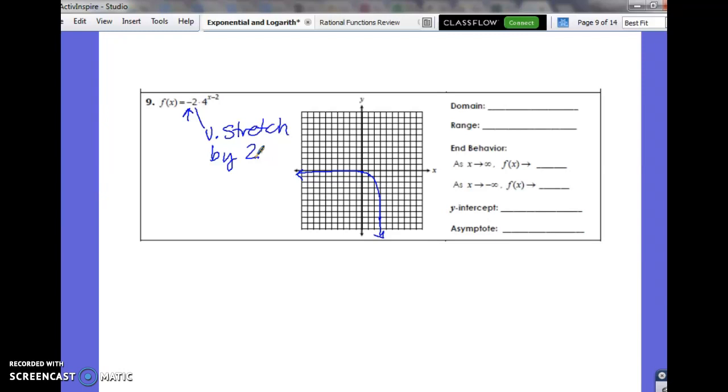Okay? Then the only difference, the y-intercept, the asymptote is at 0 because there was no vertical shifting. But this graph does not go up forever. The right side goes down forever. The left side levels out at 0. So the range is switched around a little bit, and that it goes down forever, so negative infinity to 0. But the domain